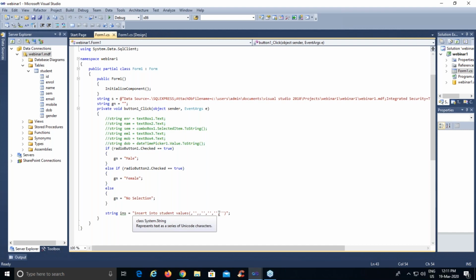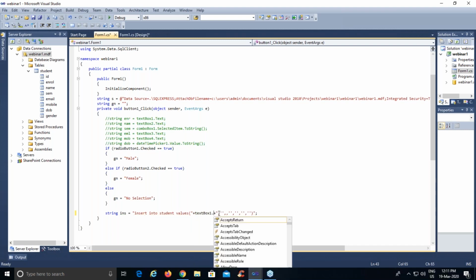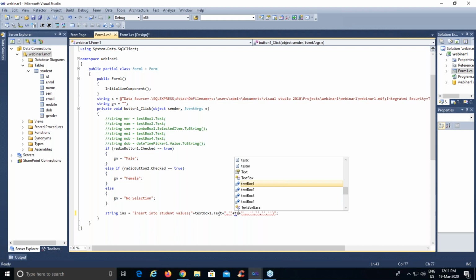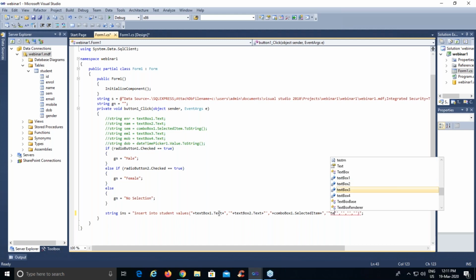And to enter the values, we are going to use double quotes and plus plus, and the ID with the property of your control. Textbox1.text, for name it is textbox2.text, for semester it is a combo box, so combo box 1.selected item. Then for email, again text box 3.text.